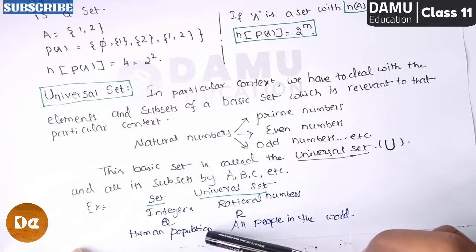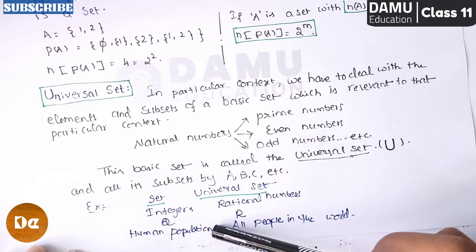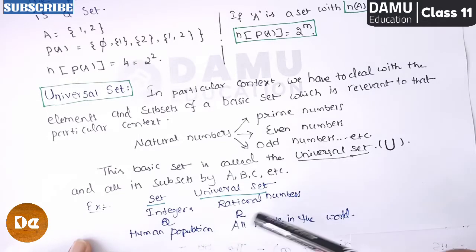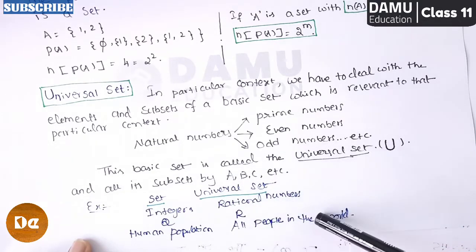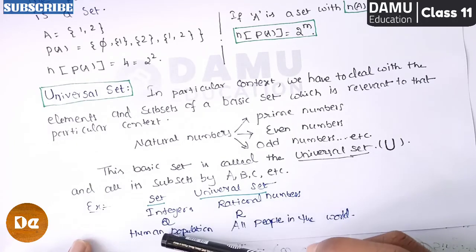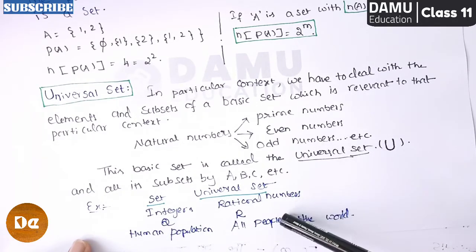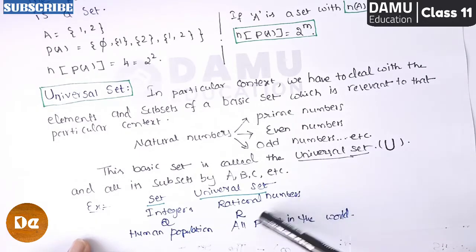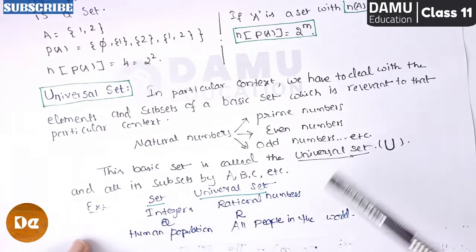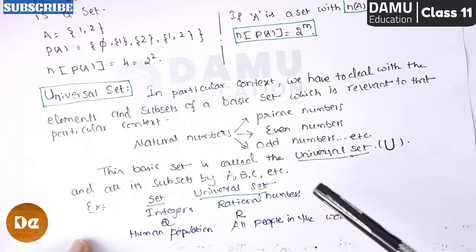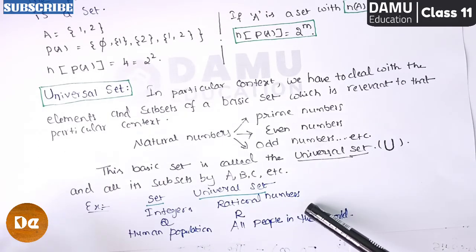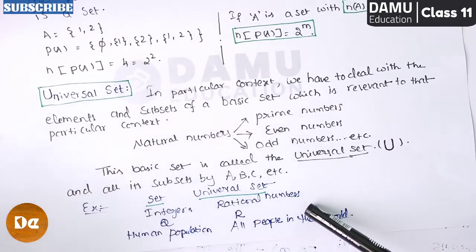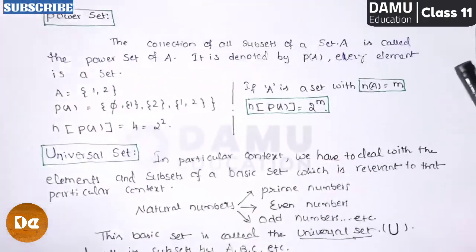So you can consider real numbers as the universal set. And for human population in a particular context, such as a particular country, place or region, where you want to count how many people there are, you can take the universal set as all people in the world. So the people context arises, and you have to take the total over the whole world. Universal means total: in that context, whatever exists, the ultimate set. So you can call it the ultimate set, and in it all sets will be present. This is the way of definitions and concepts.